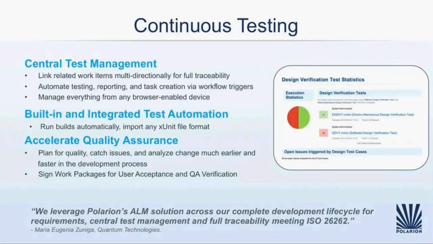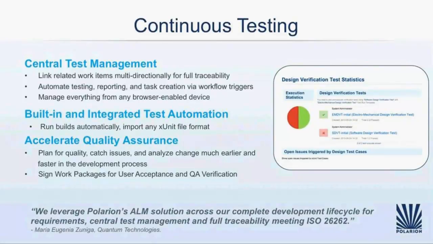Another important aspect of continuous delivery is continuous testing and continuous verification. Most ALM solutions provide solutions to manage manual and some also automated tests. What we actually see is that our customers are really adopting test automation practices, but they do not rely on a single vendor for those test automation tools. We enable and we integrate with many test automation tools. So at the end, there is one process for all testing activities, no matter if you do manual, internal test automation or external test automation such as load and performance tests.